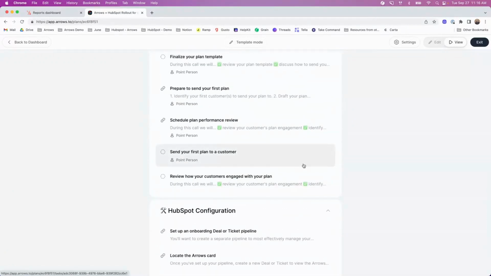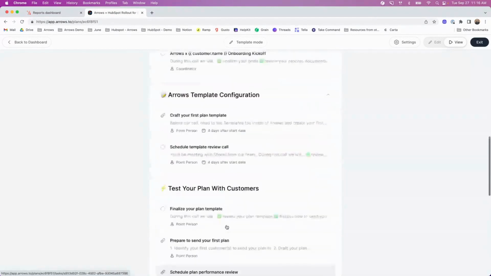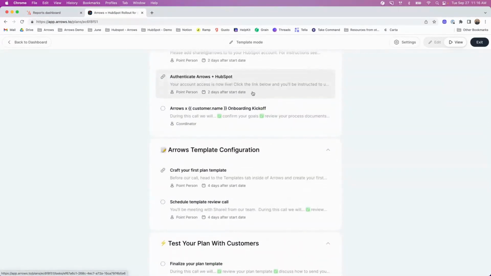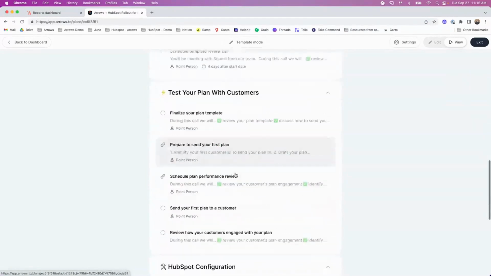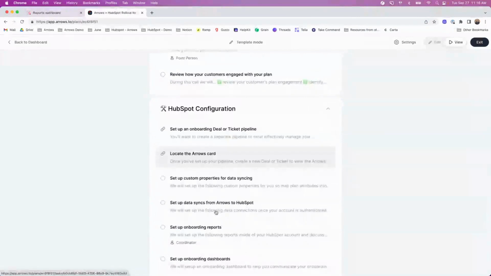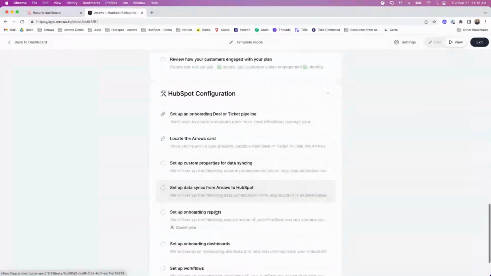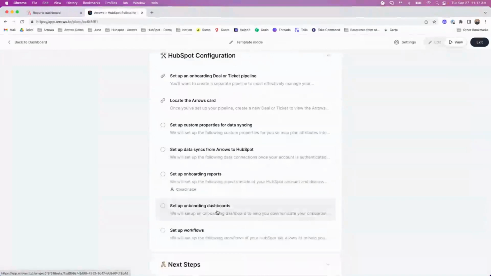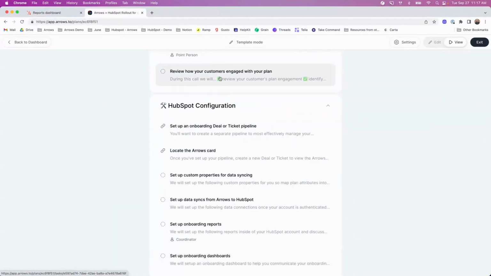So we really want you to focus on this immediate getting things set up, configuring your template, testing it with the customer. Then let's get into HubSpot and make sure we are validating the data points you want to see are in HubSpot. We're automating the right pieces. We just released a new metric called engaged plans, where we're now able to tell you, are customers actually engaging with your plans? That's the things we want to talk about and make sure we are seeing optimization and progress towards your initial